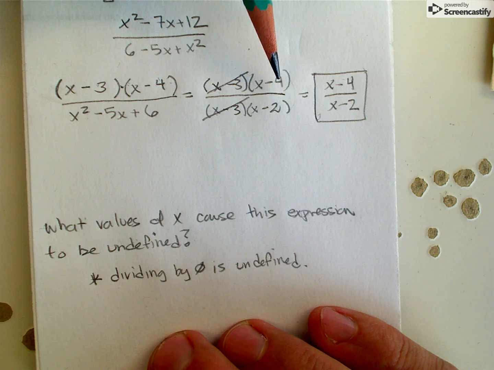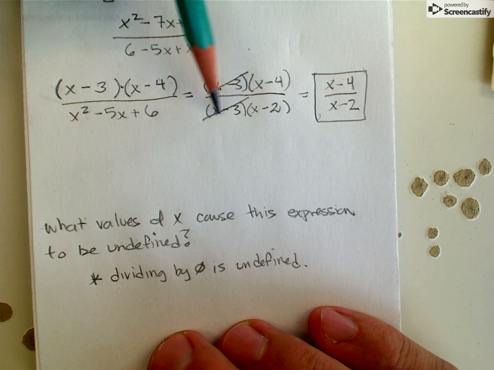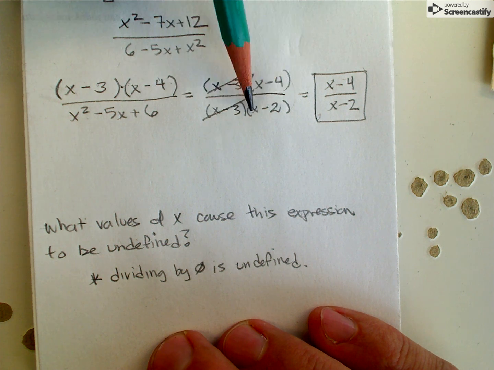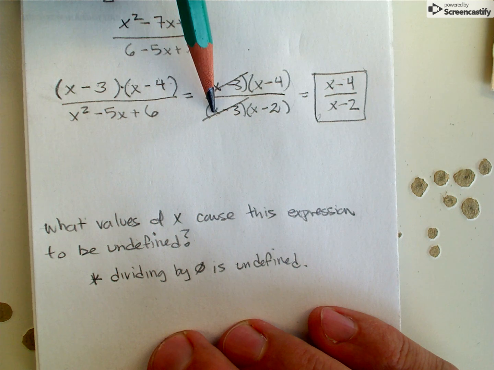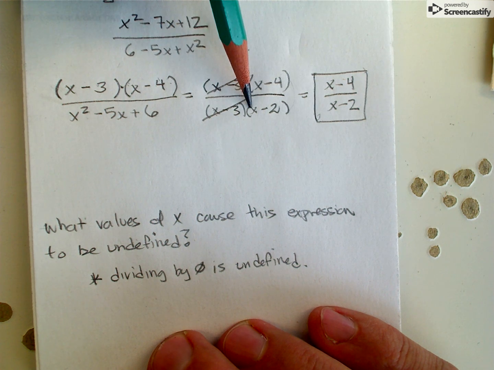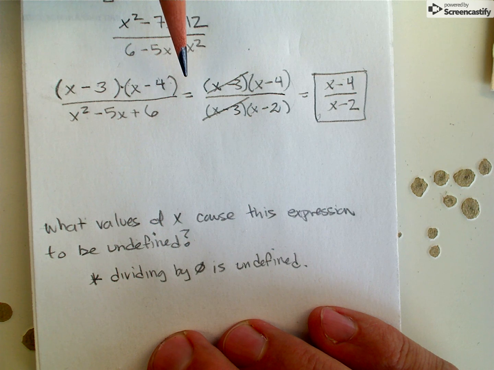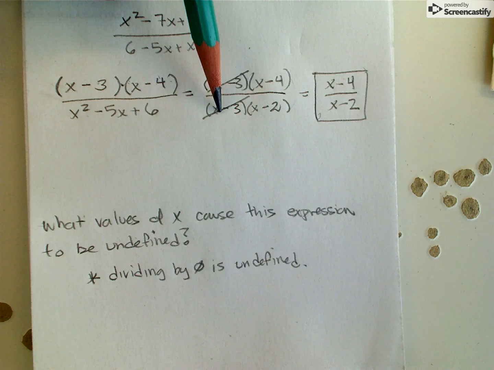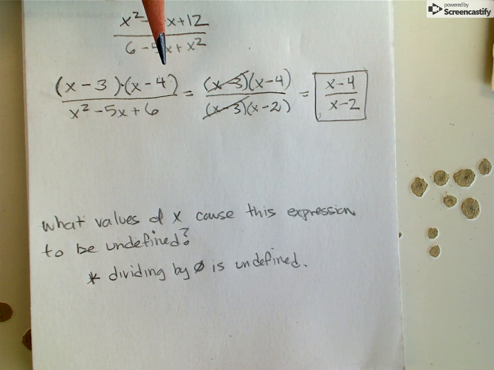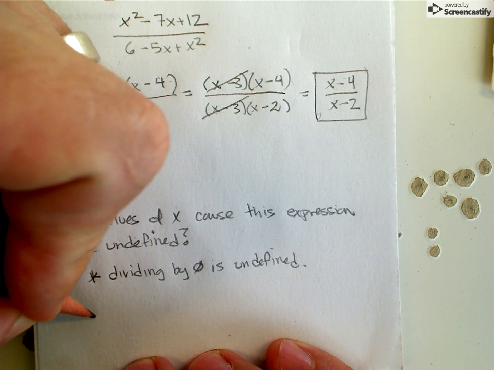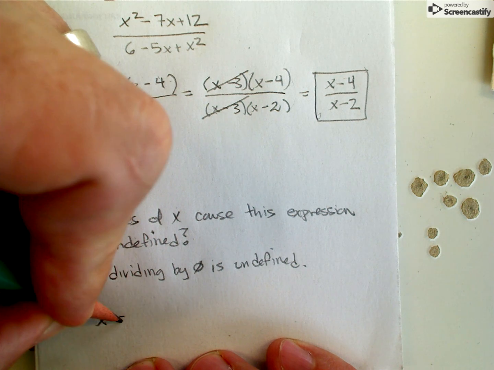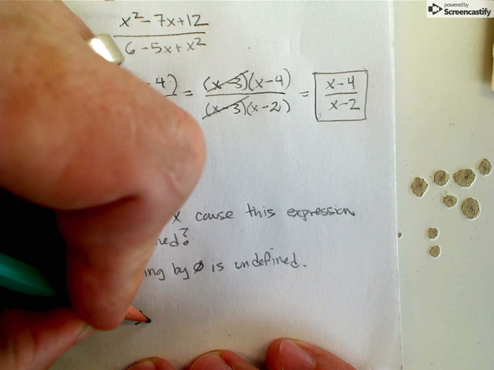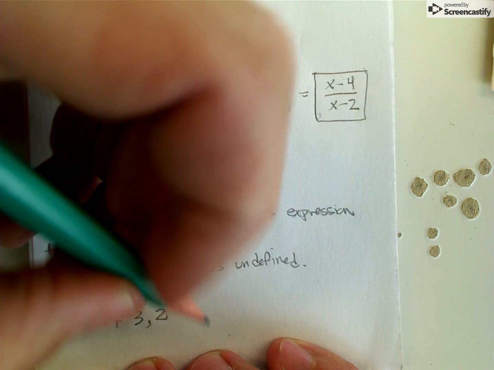And I've already gone through the trouble of factoring this thing, so let me go to this step in my simplification process and notice that there are actually two values of x that cause this bottom to equal 0. If x is 3 or if x is 2, then the bottom of this expression is equal to 0, and that means we would be dividing by 0. So 3 and 2 are the values that would cause this expression to be undefined. So I might just write it like this. x is not equal to 3 or 2